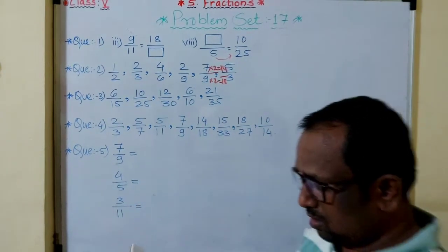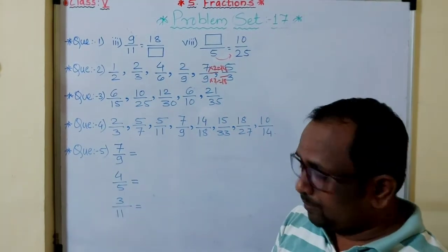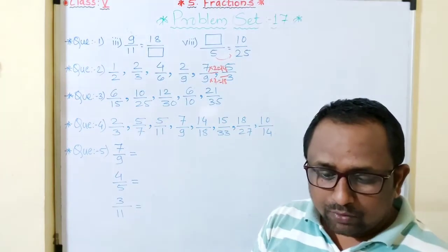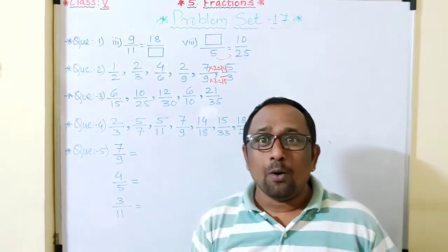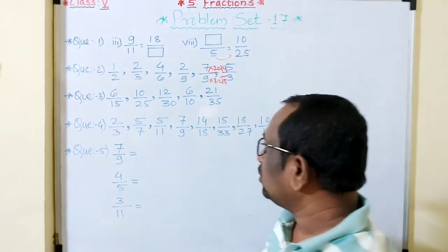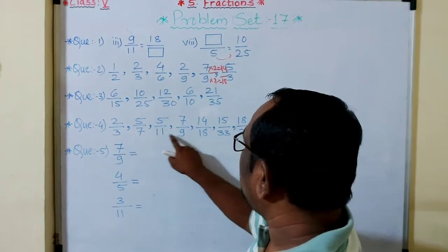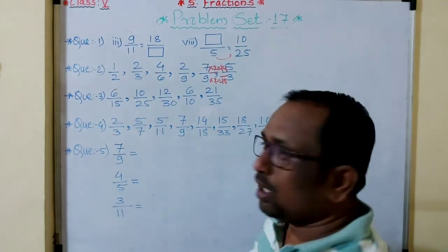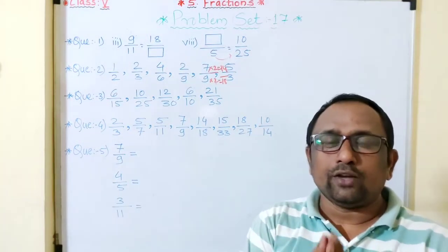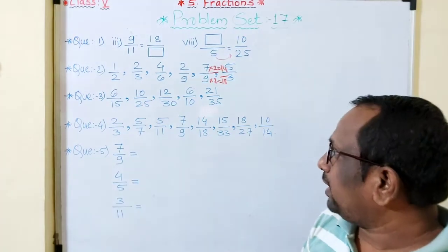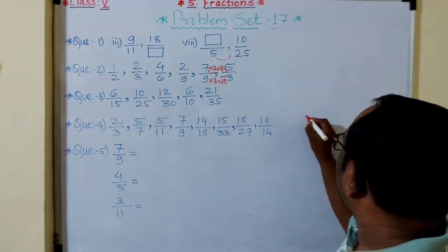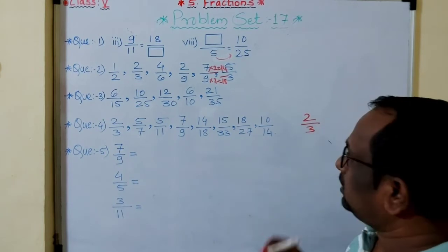that is question number 4. From the fractions given below, pair of the equivalent fraction. Okay, so we have to match the pairs of the equivalent fraction. So in total here, students, 1 2 3 4 5 6 7 8. Okay, 8 fractions are given, so definitely we get 4 pairs. Okay, so we have to find, I'll start from the first one, 2 upon 3.